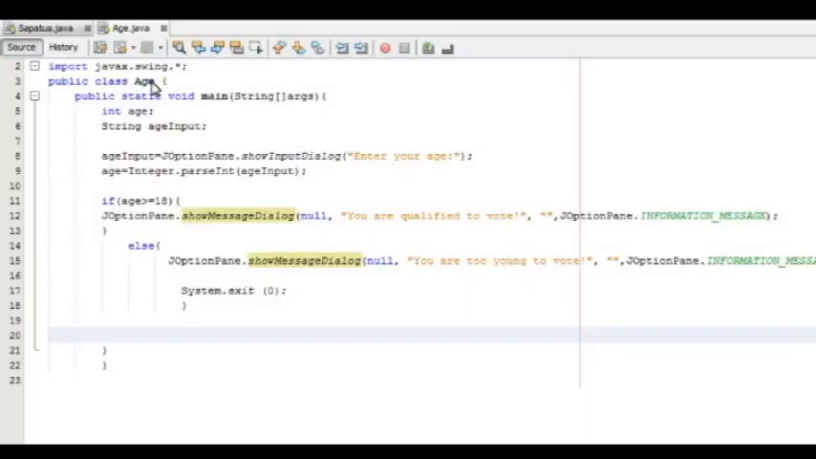We use age as the class name of the program. We use the package javax.swing because we are using the JOptionPane. We use the variables age and ageInput, and int as its data type. ageInput is equal to JOptionPane.showInputDialog("Enter your age: "); age is equal to Integer.parseInt(ageInput);